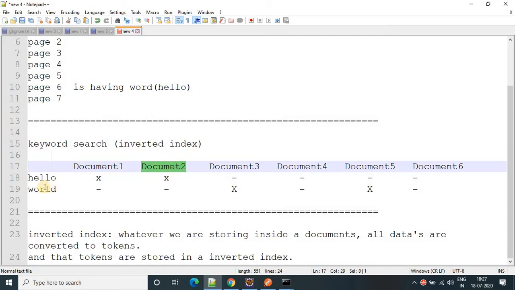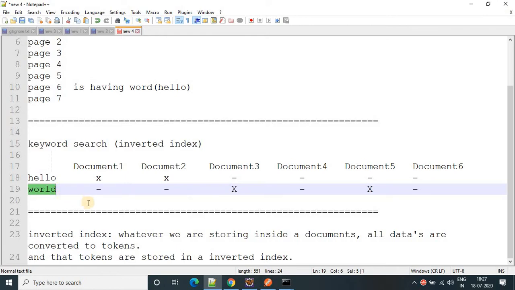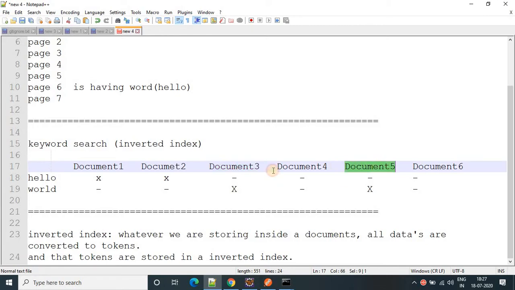Let's suppose I want to search world. So in a single iteration, it finds that this world is present in document 3 and document 5. So it returns document 3 and document 5. I want to say it's too fast because it's a search engine, right?